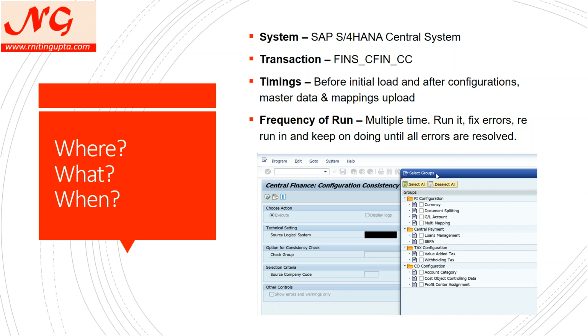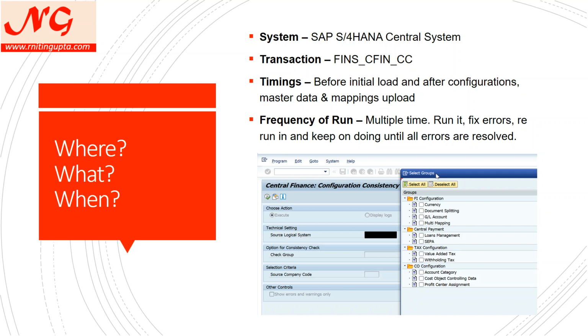It is by company code. You have the option of running it for multiple company codes at the same time, but that is not recommended because of performance issues, and as sometimes it goes into a memory dump. Now let's understand what options are available on the screen, and what inputs we need to provide in order to be more efficient and effective.